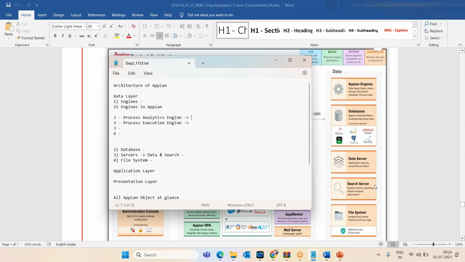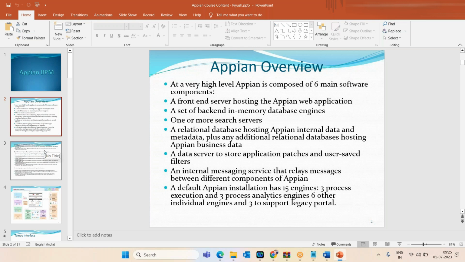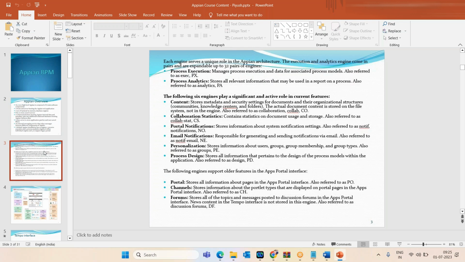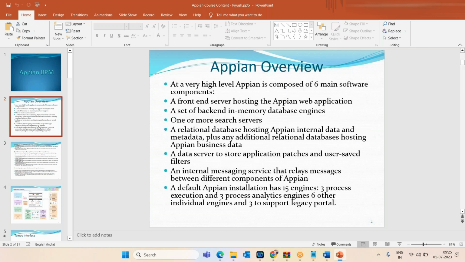So for more, I will give you one link. Okay, from there you will find more in depth about this thing. Okay, so I think we can see it later. I already portrayed it somewhere in the front, yeah, here it is. Yeah, those 15 engines. Okay, here you can see